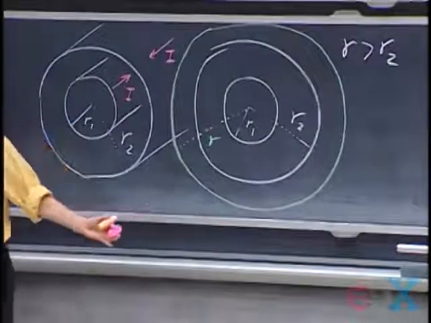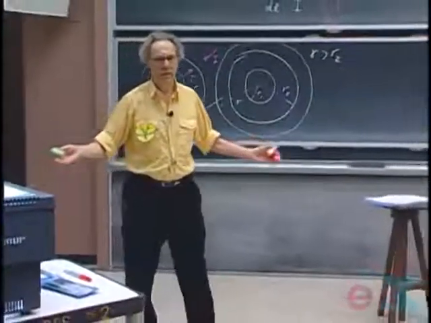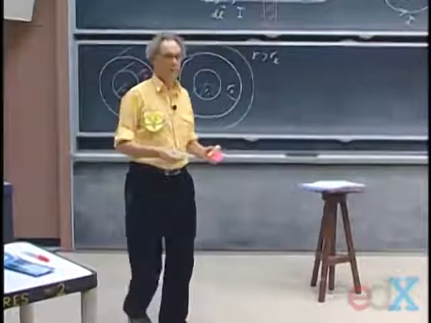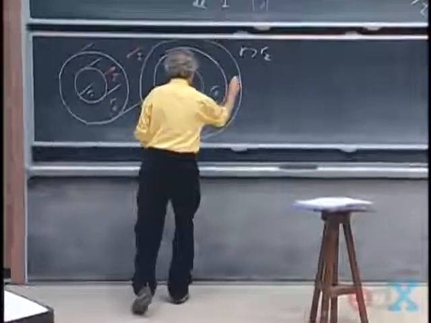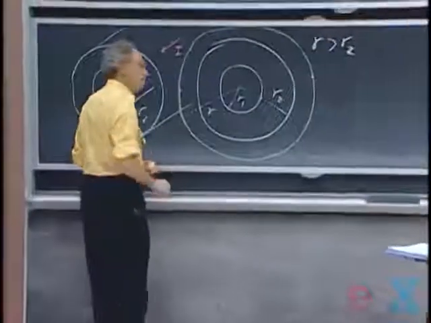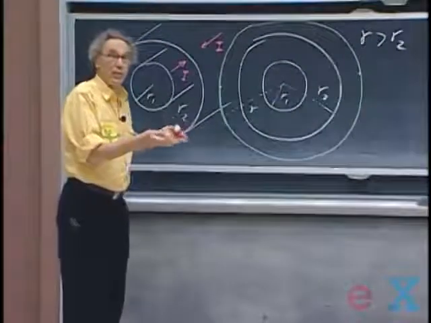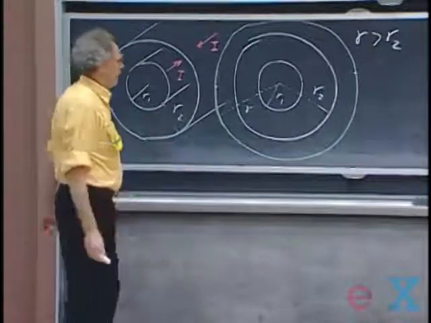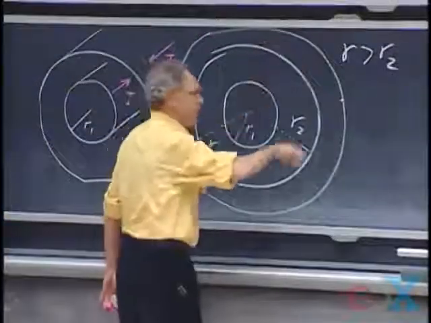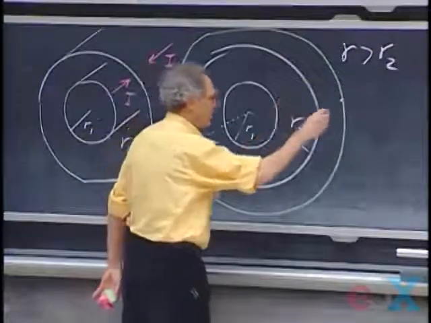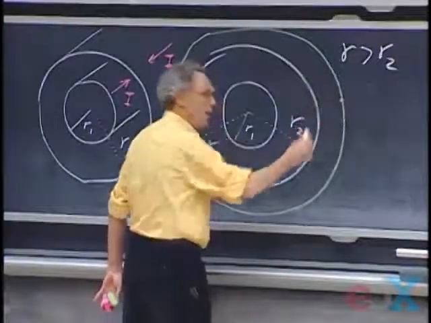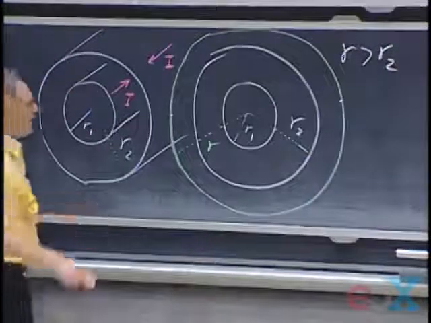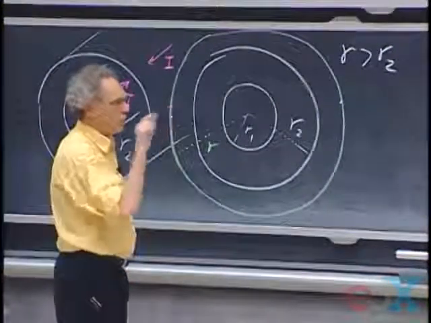You use the symmetry argument. Whatever the magnetic field is at that distance, little r, it must be the same everywhere. It cannot be any different here in terms of magnitude than there because of the symmetry of the problem. We have cylindrical symmetry. We also know that any magnetic field is going to be tangential, either in this direction or in that direction. And so we go around, we make the closed loop integral,